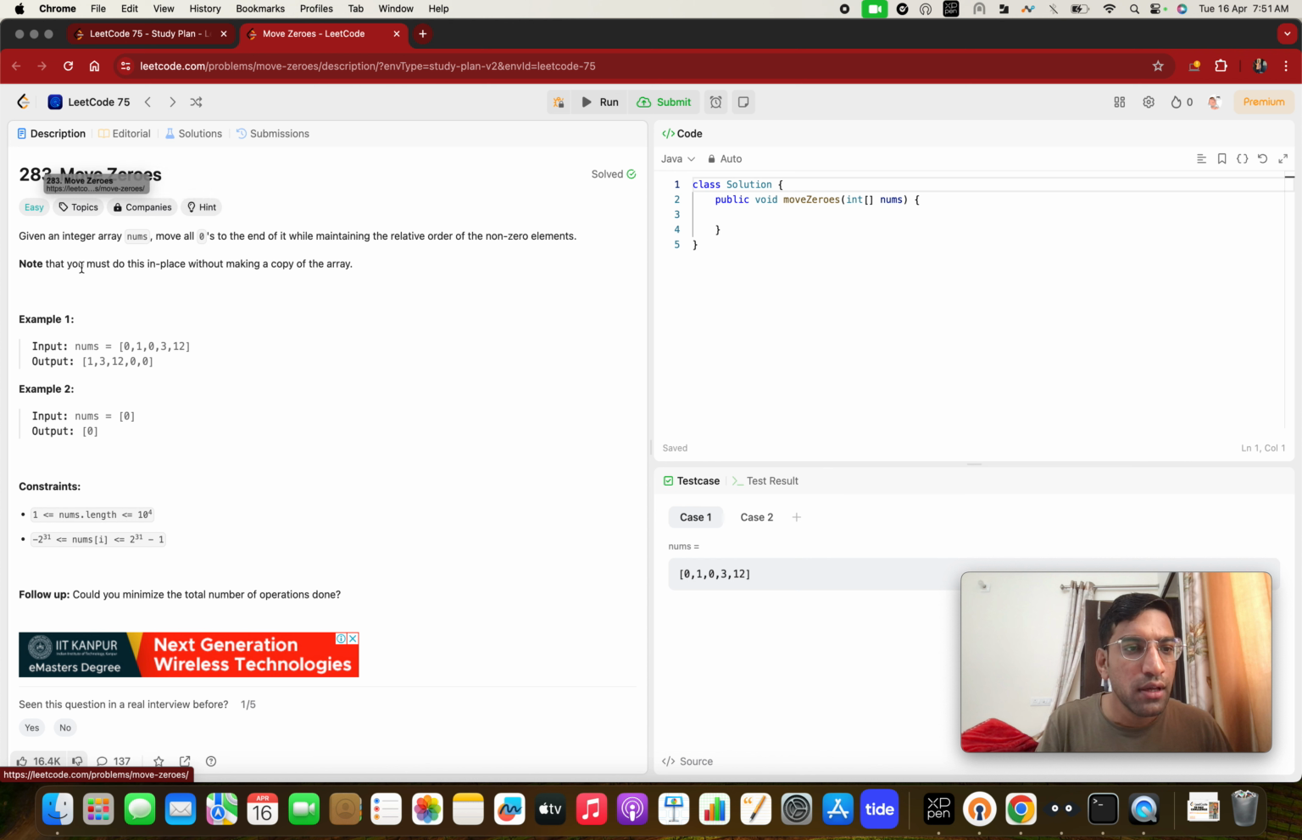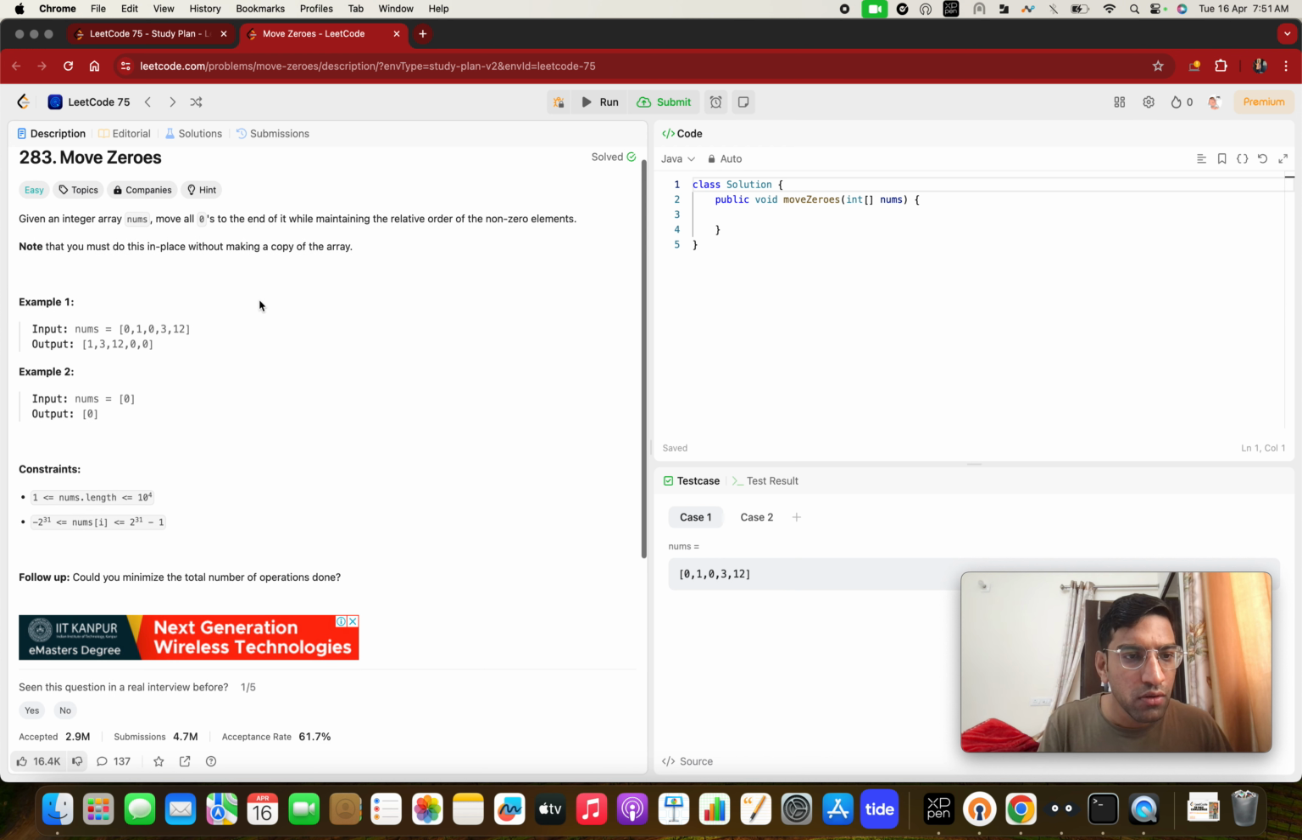Move Zeros. Given an integer array nums, move all zeros to the end of it while maintaining the relative order of the non-zero elements. Note that you must do this in place without making a copy of the array. So for this input array 0, 1, 0, 3, 12, basically we need to move all the 0s to the last index and the non-zero elements to the left side, and also we need to maintain the